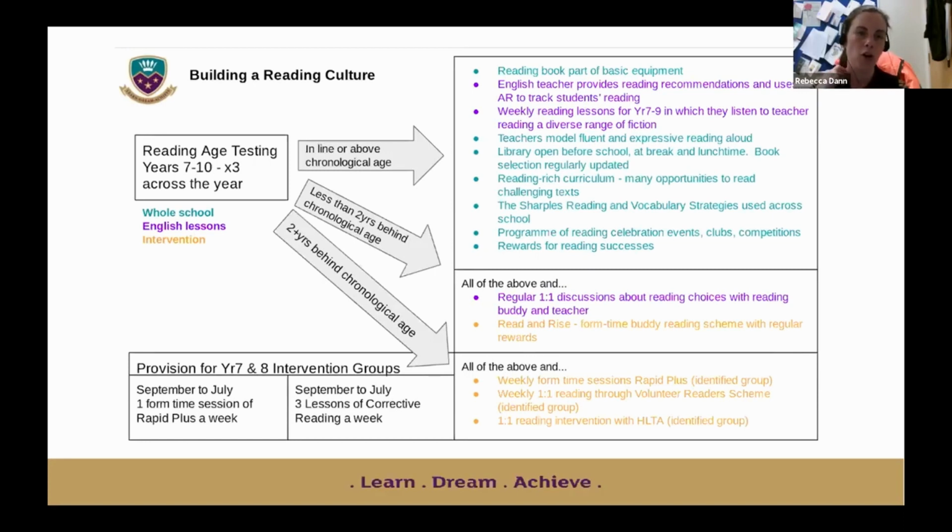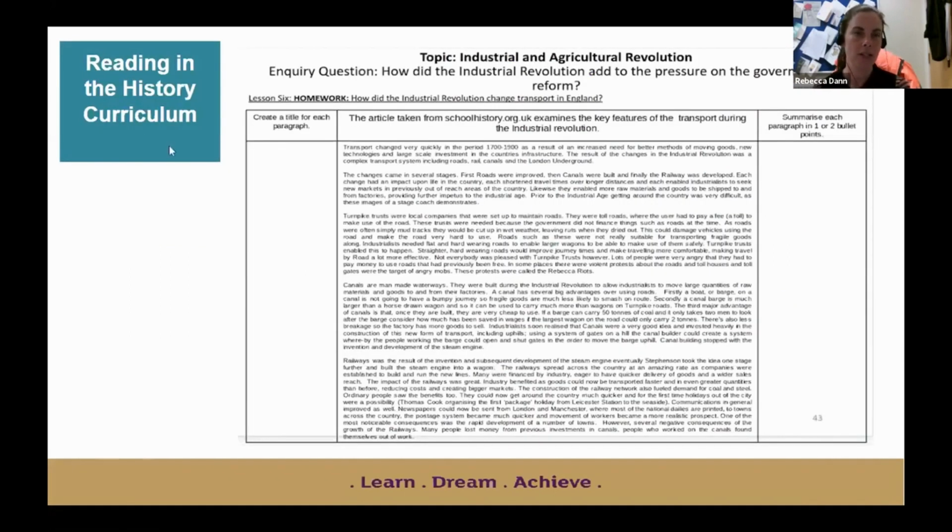We've also got corrective reading this year, which is a direct instruction reading program for our intervention form. So the intervention forms that we have that are in that form based on their weaker literacy skills have extra sessions where they look at their reading skills in a more focused way. And the corrective reading is what I'm looking at for the Words for All project this year and seeing its impact on particular students. We have reading across the curriculum.